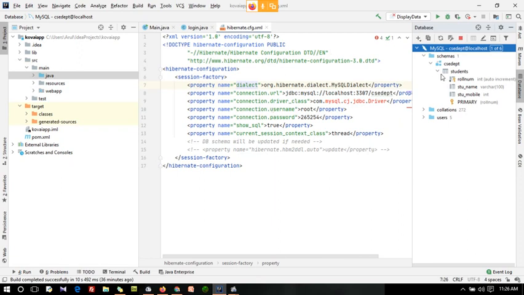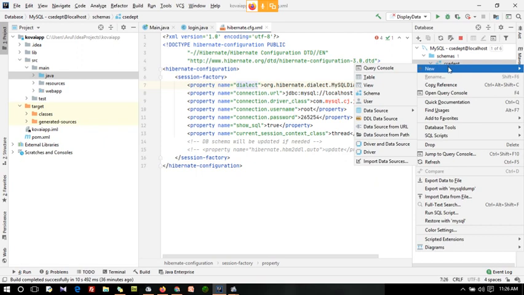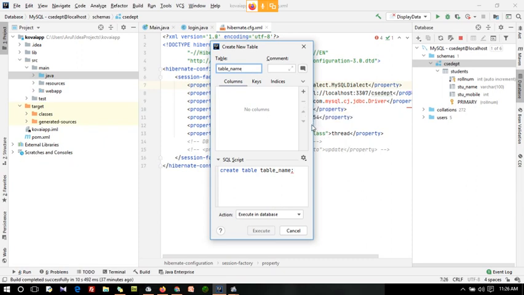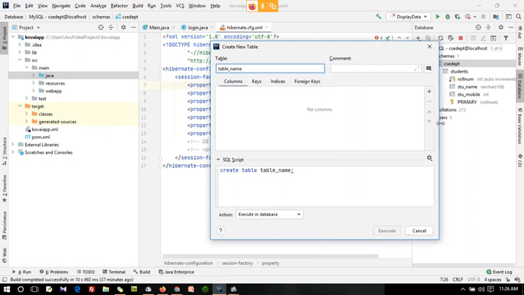Guys, here you can confirm that the table fields created in our database are the same here, because using IntelliJ itself we can create a table. Just click on the CSC department database, click new, and you can create a table here. You can give the table name here. For example, we can give hostel details.